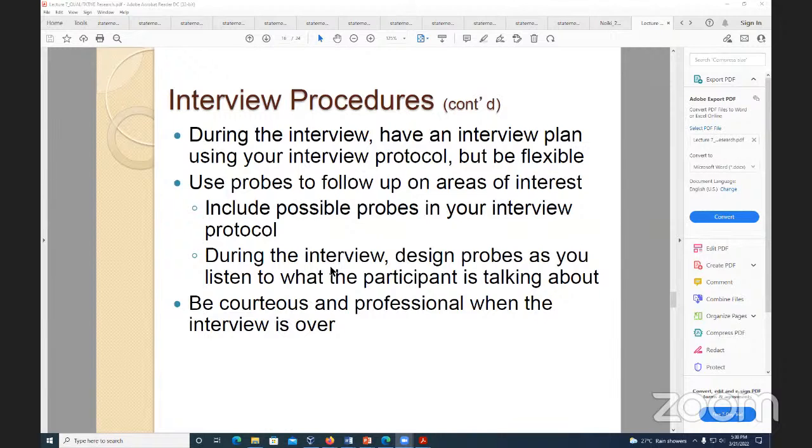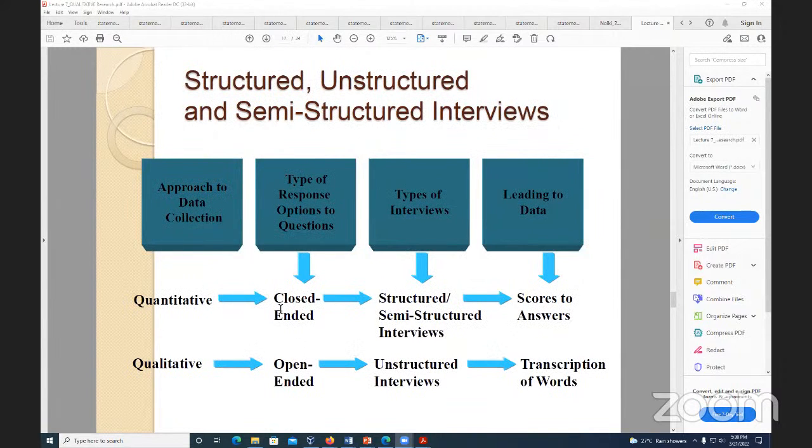In the whole thing, you should always be professional. In general, there's this idea that in qualitative projects you have structured and semi-structured, but really at the end of it, I would say it's fluid. And in all projects, you're going to have written interview questions that you can make notes on.